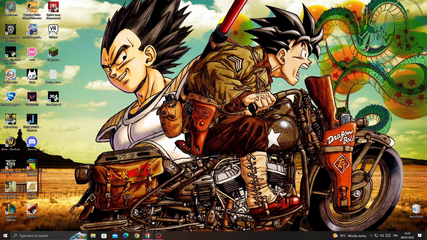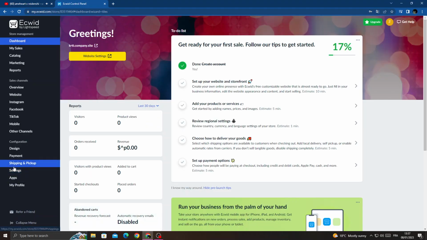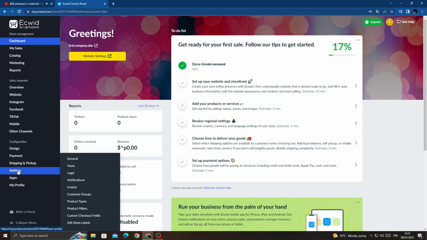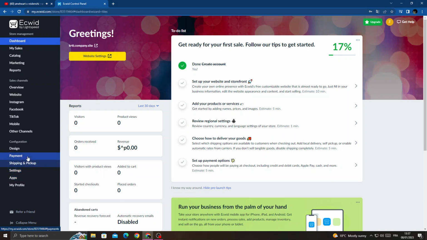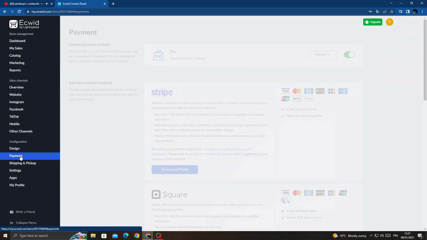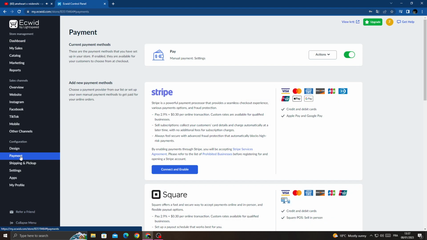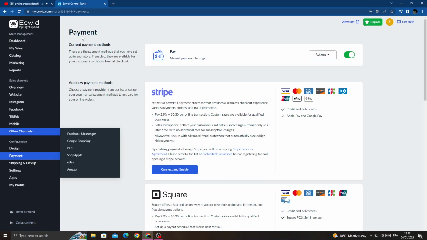First open your browser, and now once you're here click settings, click payment, and as you see here we'll find current payment methods. Now just click edit,